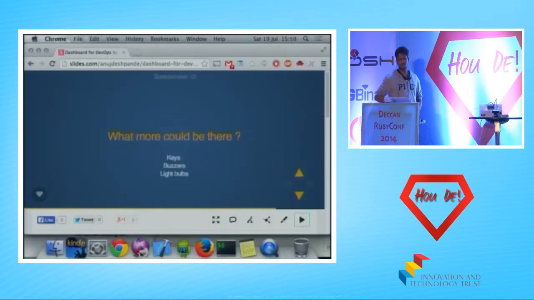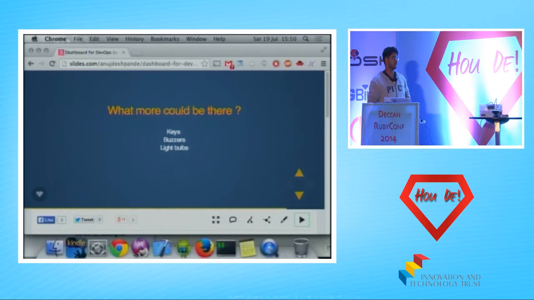All right, so I guess I'm in the last couple of minutes, and what I haven't interfaced here is probably something like keys. Another thing that's often used in deployment is the write SSH keys, probably. Let's say I'm authorized to deploy, and someone in my office is not authorized to deploy. What would happen is I'd probably log in from my account and push a code base to Travis or Heroku or something like that. But what could also happen is I could have a key, and I could use that key and interface it with the Raspberry Pi so that only I can push.